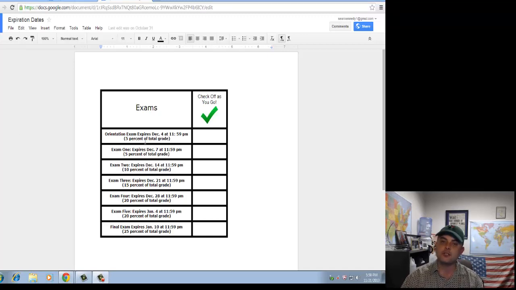So have this. This will explain when each exam expires, when it's available until, and it also explains how much each exam is worth. So do make a note of that. I would just basically have it near wherever you're working, and so you can even check these things off as you go. This right here comprises everything that you're responsible for this semester from the orientation exam all the way